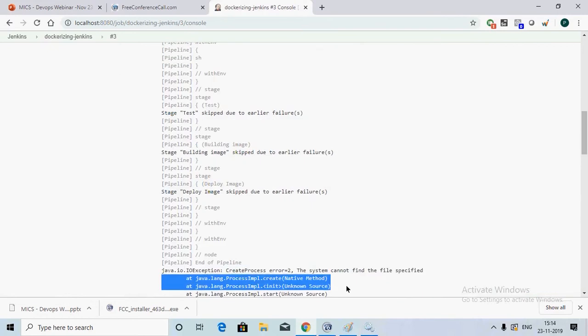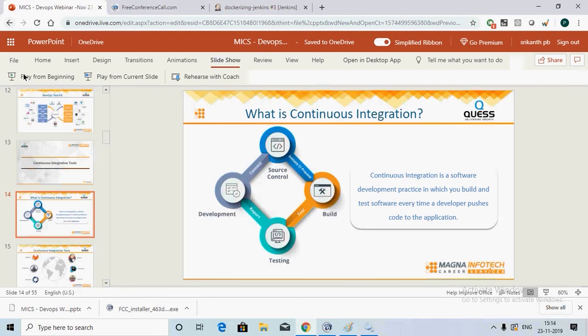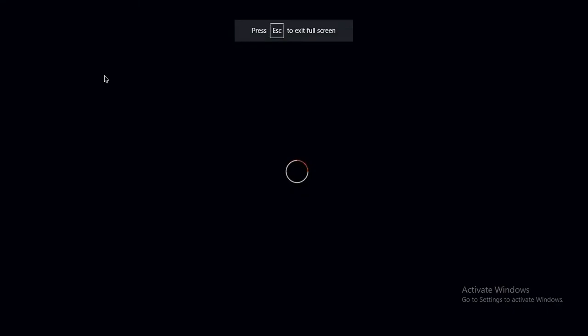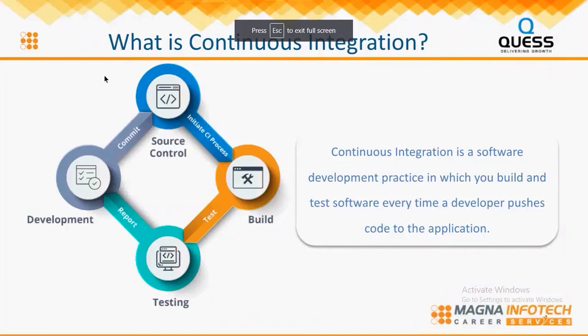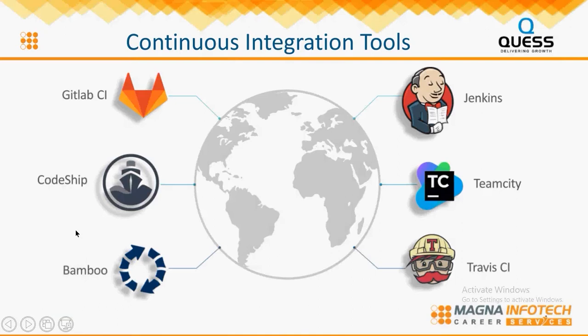It says some failure, but you can see the report here at least. Continuous integration tools include GitLab, CodeShip, Bamboo, Jenkins, TeamCity, and Travis.